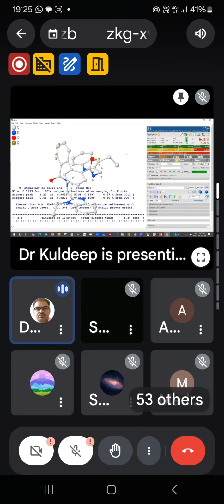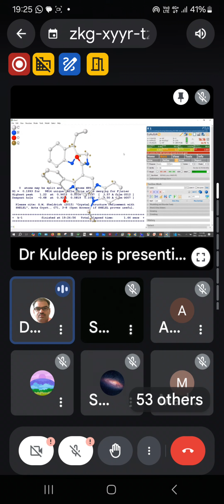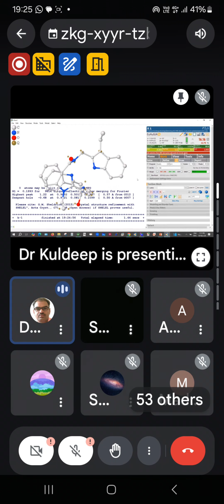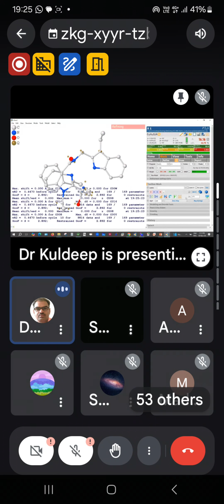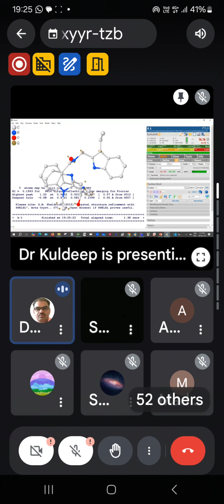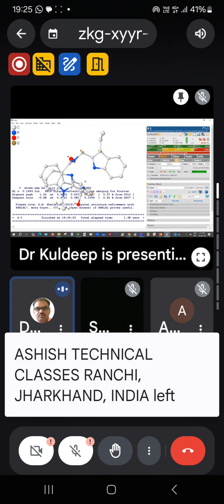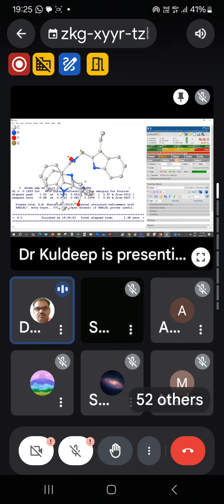Now what is the next step? If you are satisfied that no atom is missing in it, then you can go for the anisotropic refinement. The anisotropic refinement can be done by pressing this button. There are two types, sphere or ellipsoid. This is for the isotropic refinement. You just press it, and it will refine isotropically. But when you press this button, the refinement will be anisotropic. So either you press this button or just type anis and press enter, and then